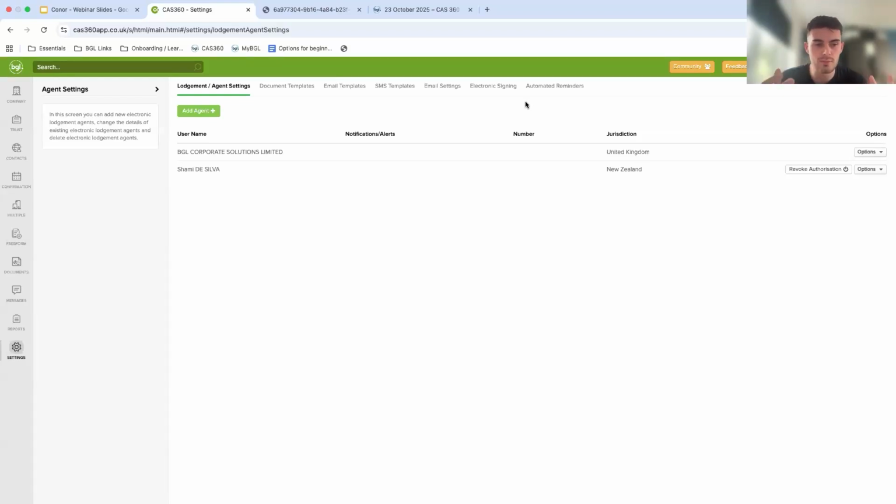It all adds to a wider piece of being as compliant as you possibly can be with CAS 360 and making sure any risks are mitigated so that if you are ever to receive an audit from one of your governing bodies, you have lots of different protections in lots of different channels, and it's just part of building that wider piece. So in terms of how it works, all you need to do is head to your settings down